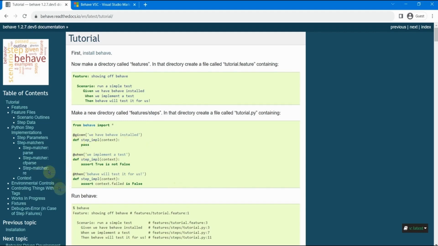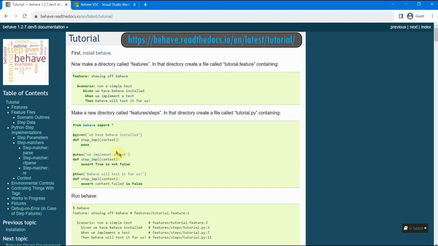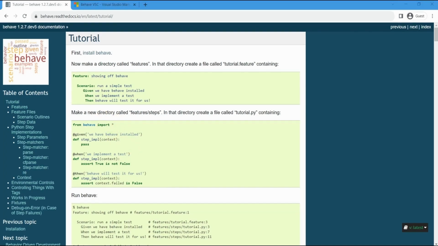This has a lot of other documentation in here, in case you are ever stuck with anything, you can come here and refer to this documentation also. That's why I wanted to tell you about this tutorial for behave. From this tutorial we are going to use the first test and put it in our VS Code. If you are fully new to BDD and behave, you might not get some of these things, but for now just go ahead and follow along with this lecture session and try to create these files and run it. For writing our test, we need to create a directory called features,